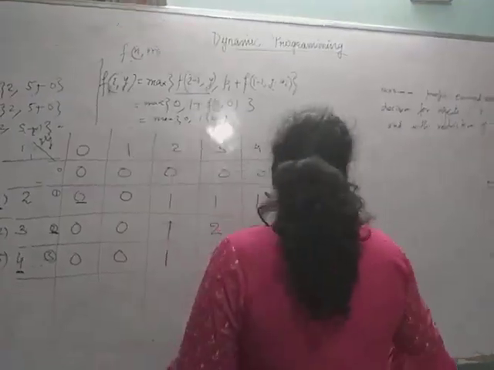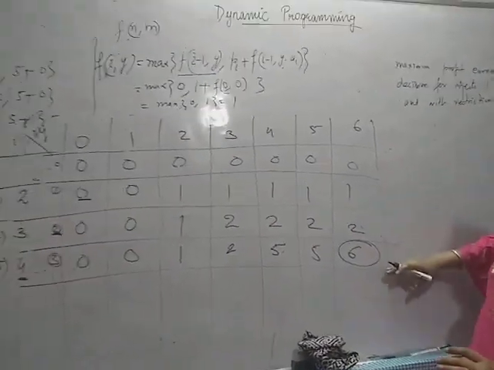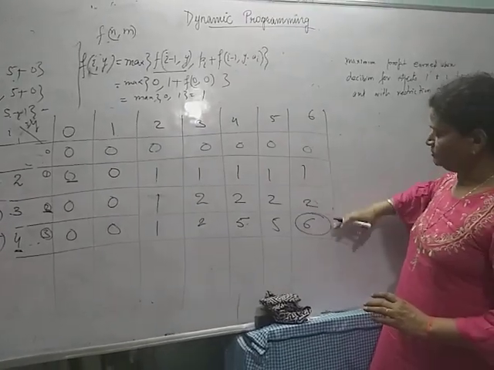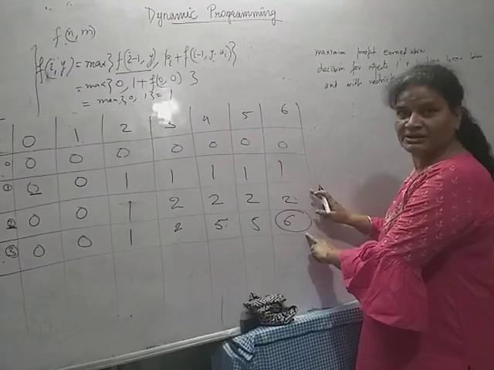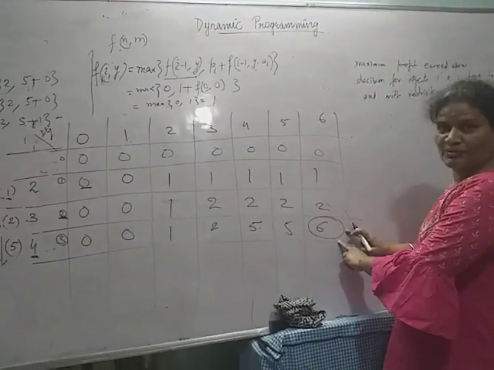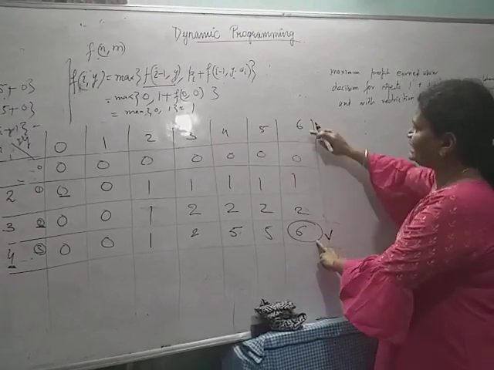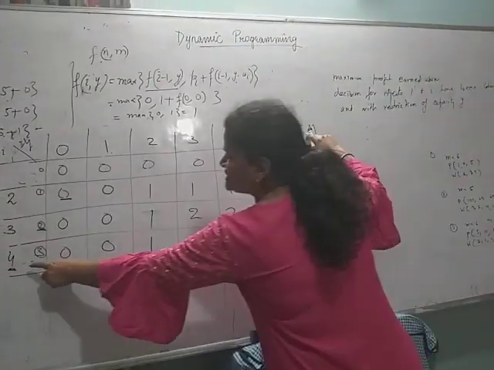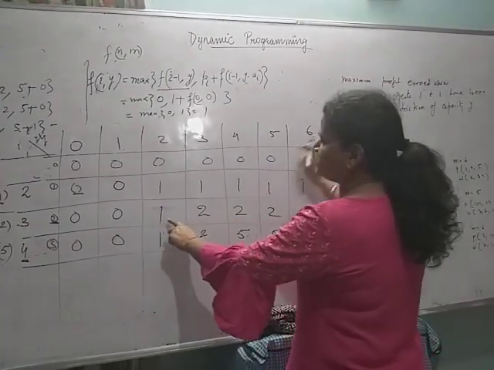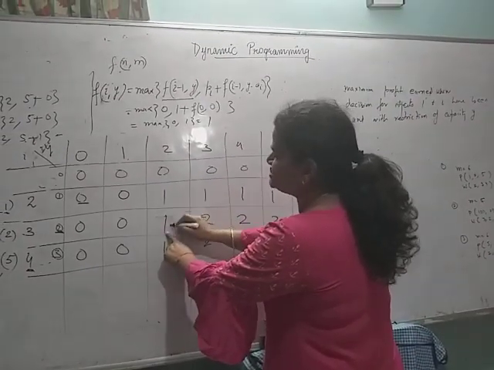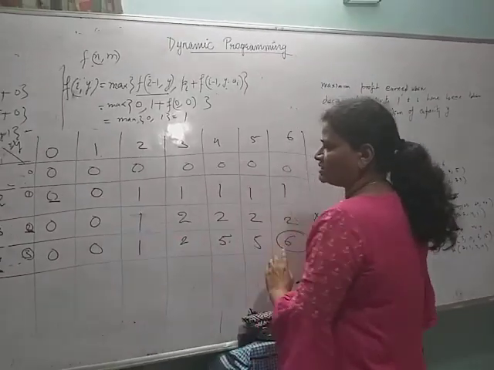So see, from this you move from the last entry, from bottom to top. If this 6 is coming from the upper entry, then you don't mark it. Here 6 and this are not the same, so mark this one. Its capacity is 6 and its weight is 4, so 6 minus 4 is 2. So move to the next row, to 2. The 1 is copied, so this is not included. The second object is not included.